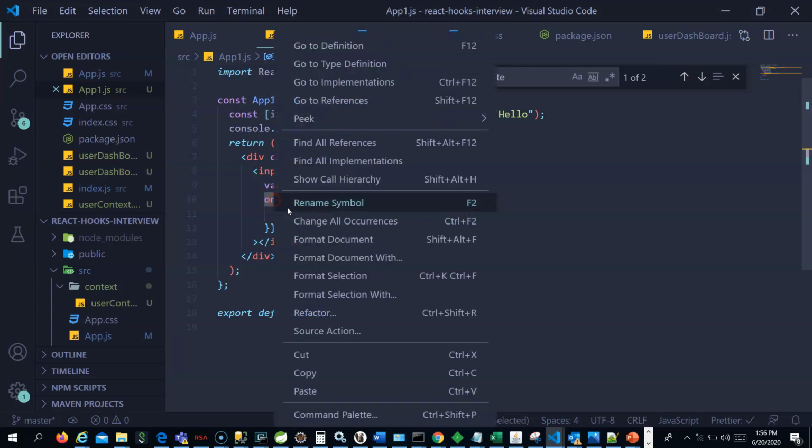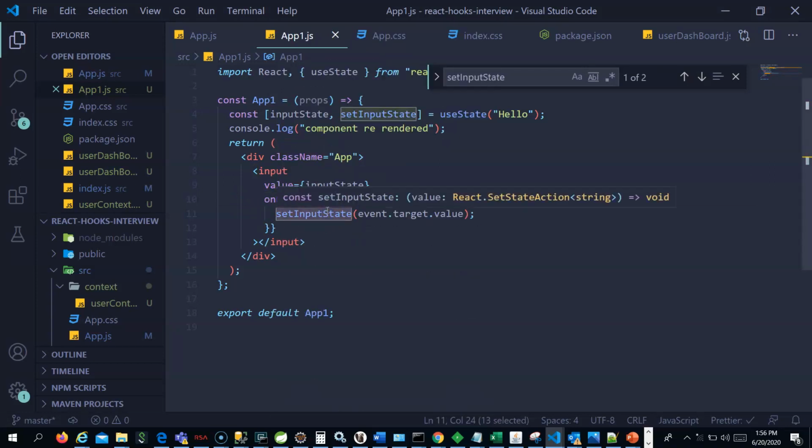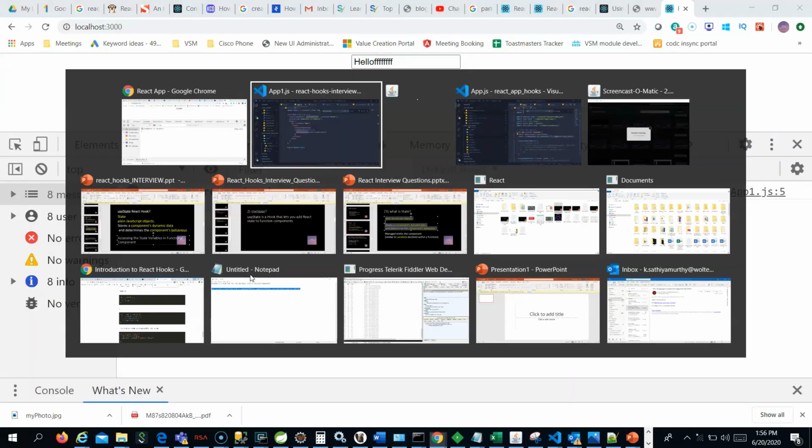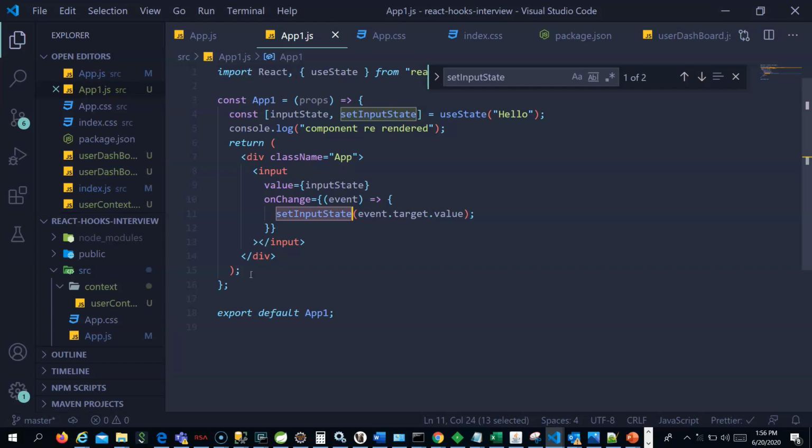In the onChange, we are doing a set input state, so that will change the state. When the state changes, as we have it in the class component with setState, when we change the state here using set input state, this complete functional component gets re-rendered. Hope you understood this. The useState, as I told you, was primarily brought as a React hook to have that state functionality in a functional component.